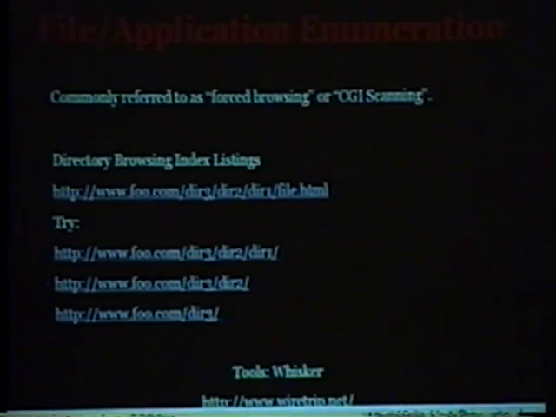Directory index browsing: many servers will give up the index if you just start peeling off directories. For instance, we could start with that top example there, the file.html. You just start stripping off directories, and it'll give you an index of everything that's in there. You can get config files, temp files, sample files, anything that they didn't link to or haven't linked to yet or use in the future will help you to exploit the system and find vulnerabilities.